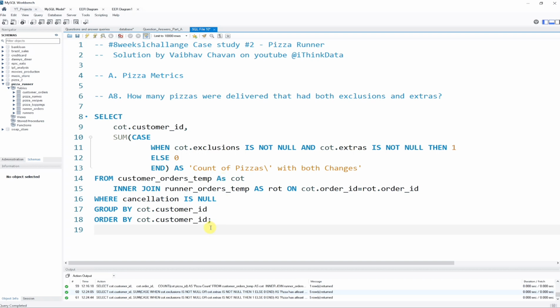So here is the query. As already explained, I am getting this customer ID, and I am using this case and when statement. I am using this exclusions is not null, that means something is changed. And the conditions are used here because both of these two conditions should be true. So the extras should also be not null, then I am taking it as 1, or else it is 0, and I am doing the summation of all these 1 and 0 as the count of pizzas with both